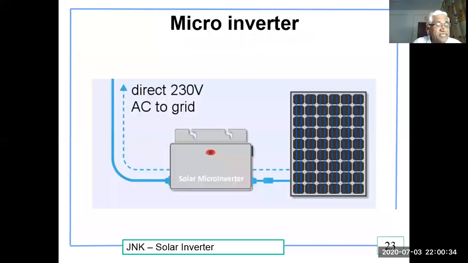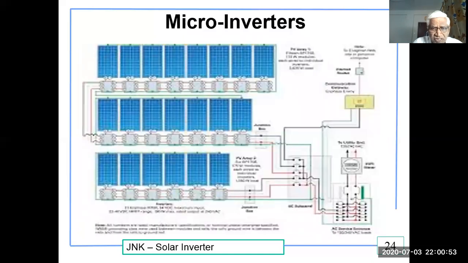Now let us look at the micro or module level inverters. As the name suggests, each module has a dedicated inverter connected to it. Therefore, the topology is more resilient to partial shading effects as compared to the central inverter. Now in this figure, you can see it's the same micro inverter, but we have so many modules. Every module has one inverter also. So the inverters are connected together on the AC side and given to the switch. That is the clarity in this particular one.